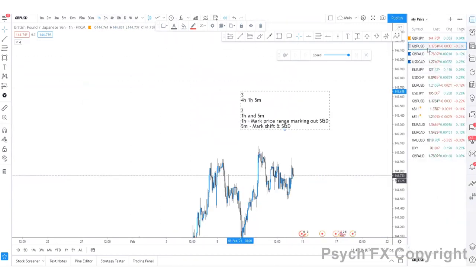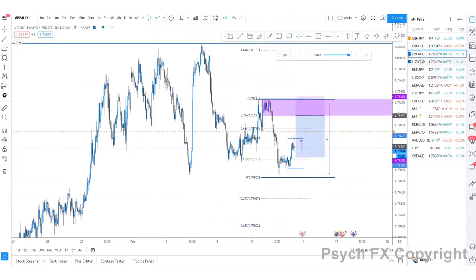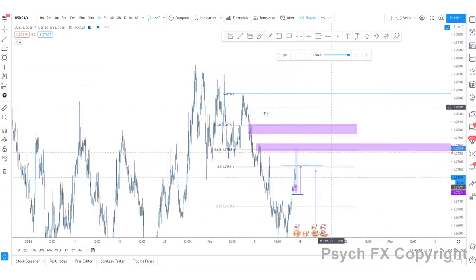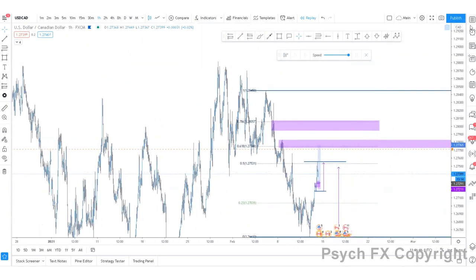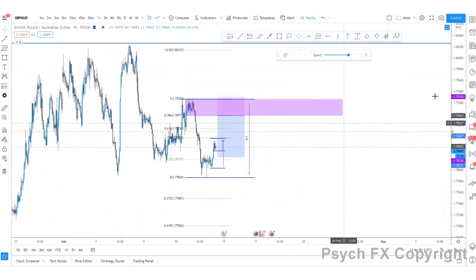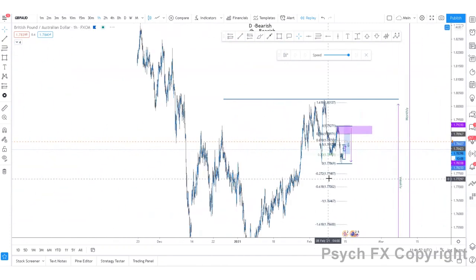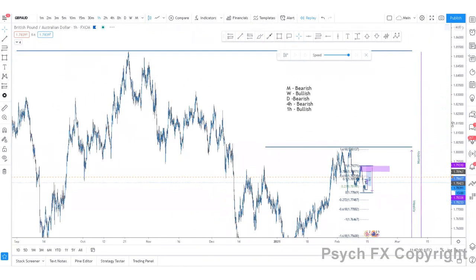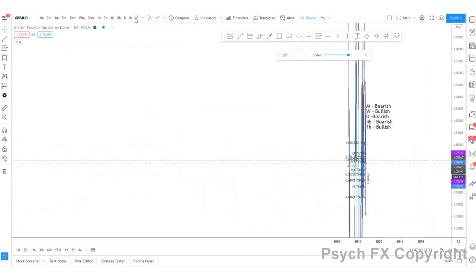I should have an example somewhere here, I believe. Where are we? Okay, so here, for example, have I done the full thing here? No, I have not. Maybe it was GP. Okay, here we go. Right, so this is a good example just to give you a little taster of how it's sometimes possible. The monthly's bearish, the weekly's bullish, daily bearish, bearish, bullish. So if we were to just zoom out here and show you what I've done,